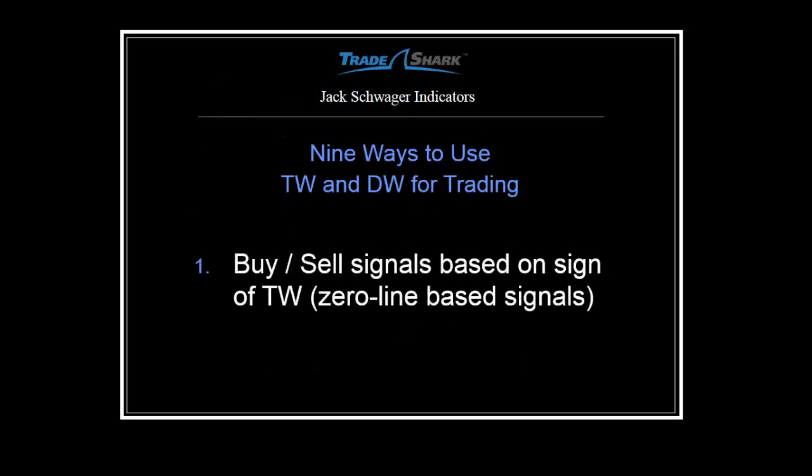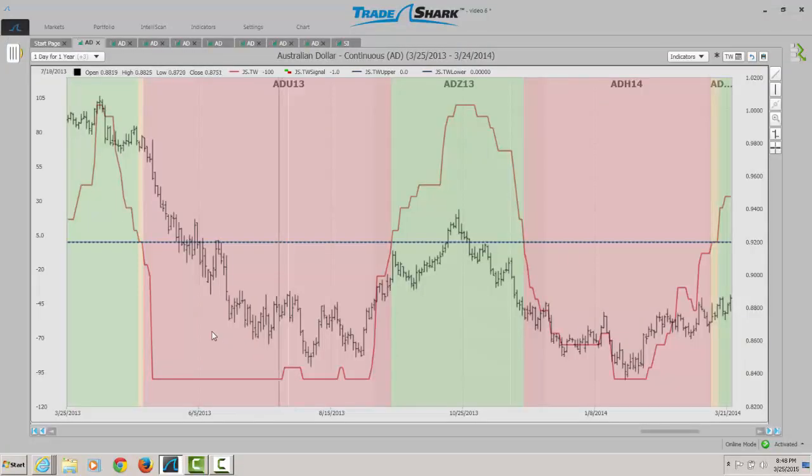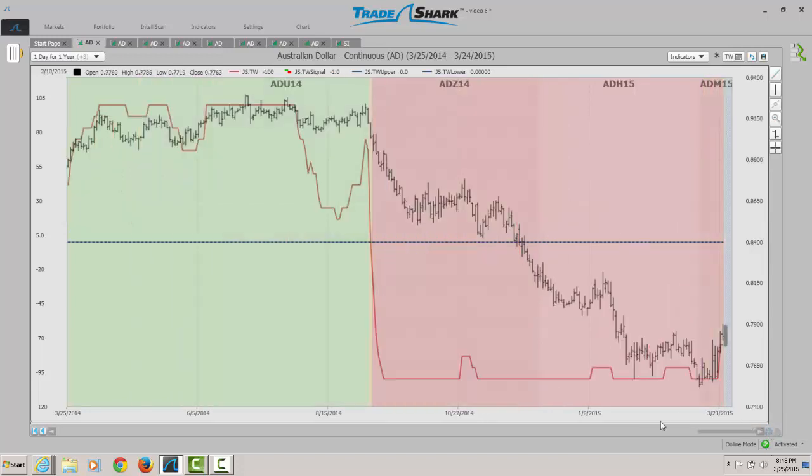And this first example is the simplest approach, namely just using the trend weight with a zero line. That is, anything above the line, namely a trend weight that's positive, would give us a buy, and anything below the zero line will give us a sell. So just to walk through it, here we get the trend weight falling below zero, we get a sell, we get it back above zero, we get a buy, below zero, sell, pretty much sideways here, going on to the next page with a buy that's carried over,